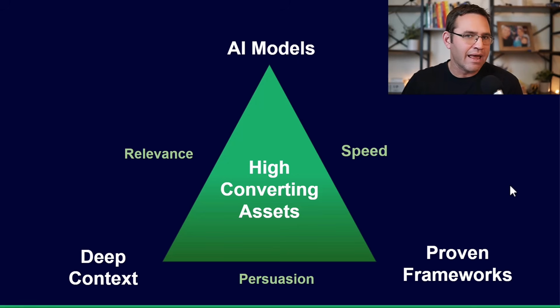If you're not using AI right now, if you're just relying on templates, you are making it much harder than it has to be. Okay, so we want to combine all three of those. Now, creating those things out of the box is tough because when I say deep context, I'm talking about roughly 2,000 words of depth as to who you are, who you help, and how you help them.